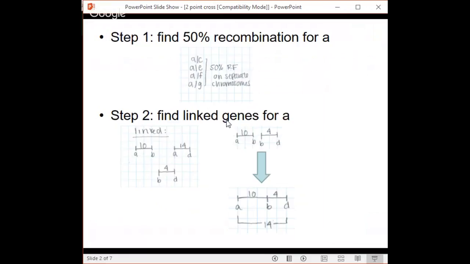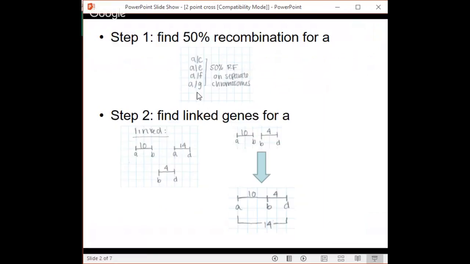So we find the 50% recombination frequencies of A, and we know that with the data given that C, E, F, and G are on separate chromosomes. So really what we need to be considering on this linkage group is A, B, and